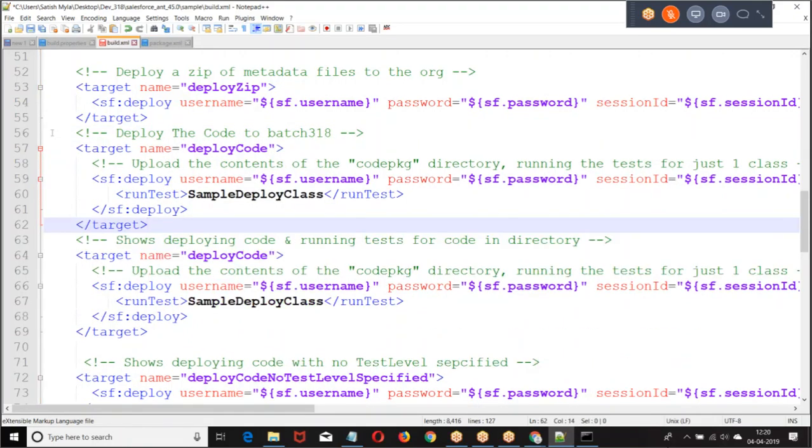Basically, we fetch the code from one org and deploy it to another org. So what is the name of the target? Deploy 318. Deploy to 318.